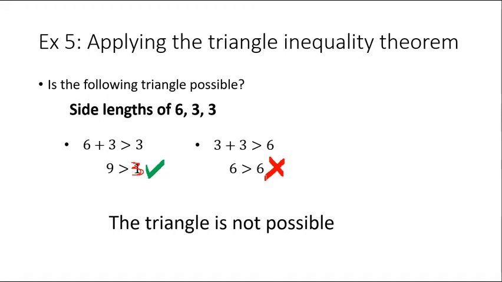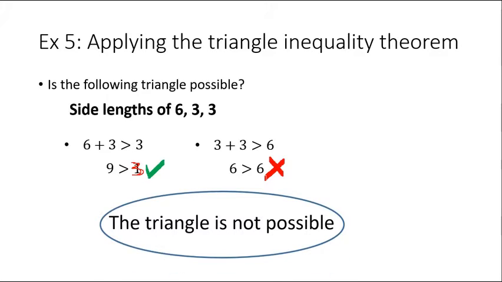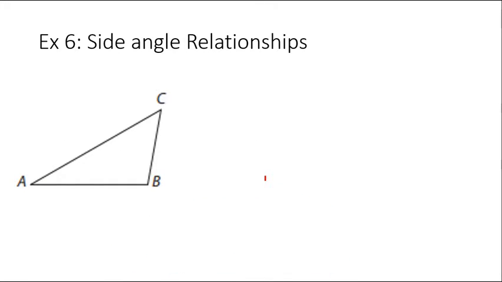Okay, let's get on to example 6. So this time we get into side angle relationships. What this says is the largest side is opposite the largest angle, and so forth. And also the same thing with the smallest side is opposite the smallest angle. So if you look at my triangle here,